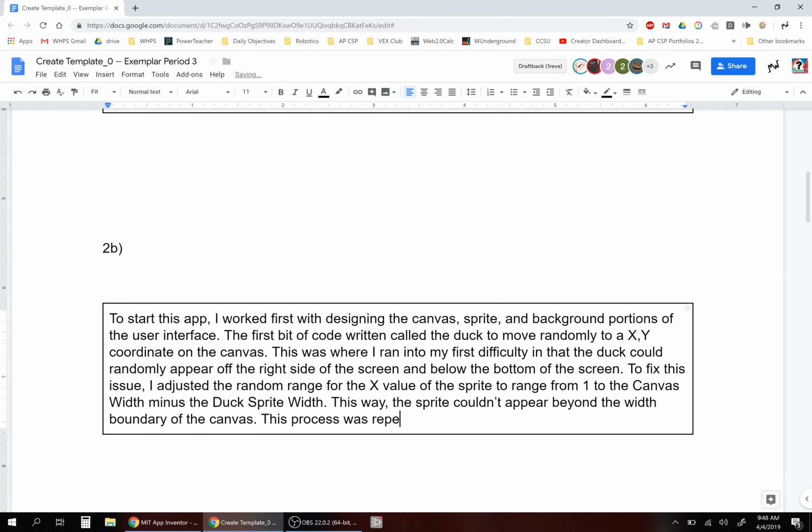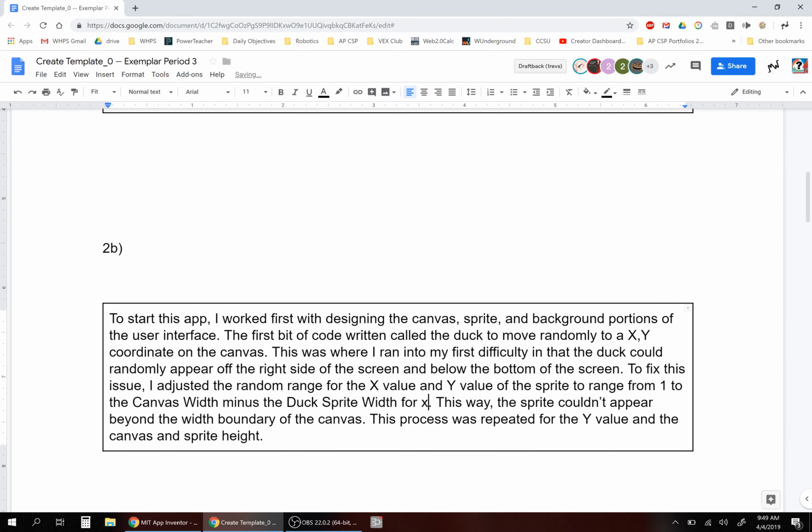Let's take a look at my word count right now, see how far I've gone. Because I talked about one opportunity, Control-Shift-C, I'm at 125. So I might have to pull back a little bit in here, like I did repeat some things in here. Maybe rather than saying, process was repeated, I adjusted the range for the x value and y value to range from 1 to canvas width minus the duck width for x, and minus and the